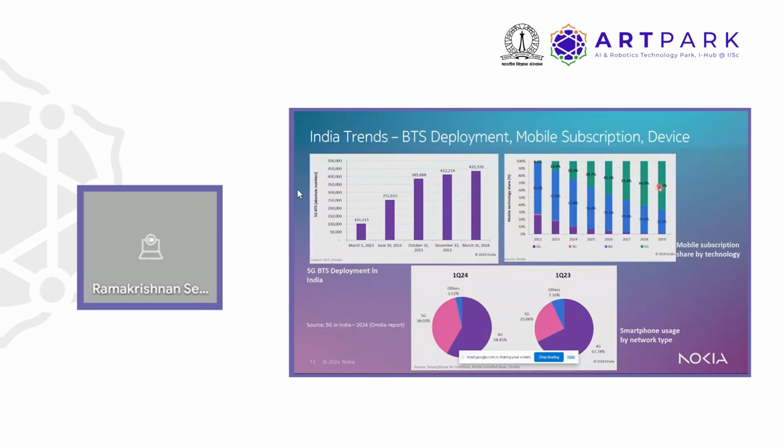This is more or less a forecast. The green percentage is gradually increasing, which I presume are 5G subscriptions. So you're asking whether there is willingness to move to 5G, or whether they are migrated, that is, migrated from the previous technology to 5G.